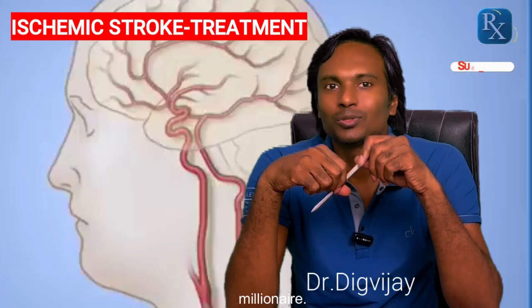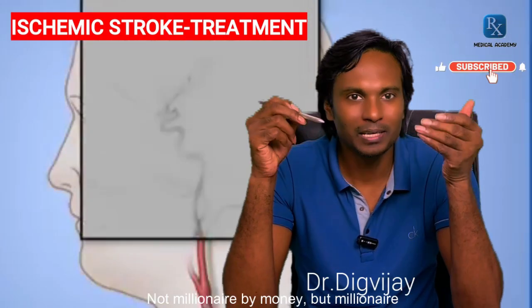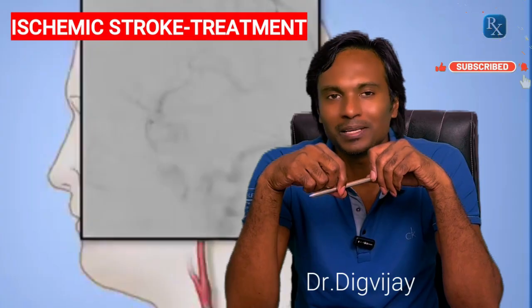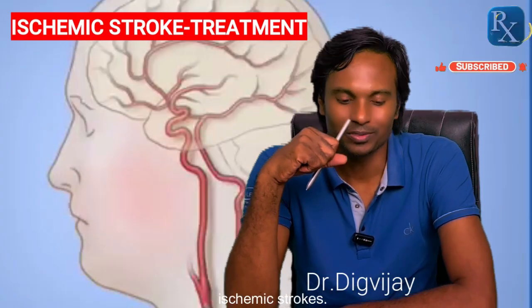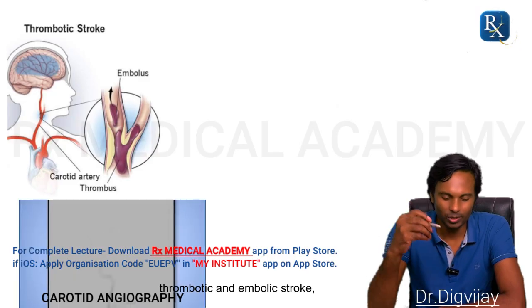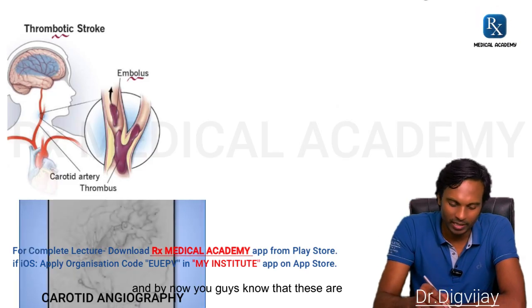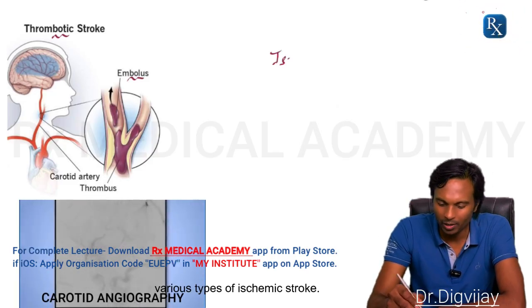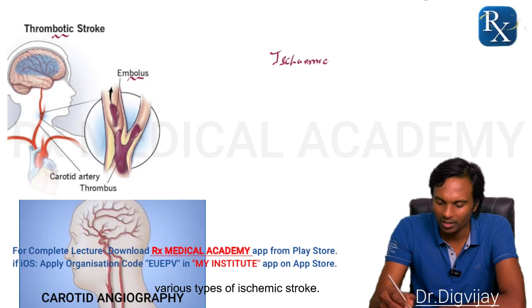Hi guys. So in today's lecture we will try to save a millionaire. Not millionaire by money but millionaire by number of neurons. So we are going to study treatment of ischemic strokes. Right. So here you can appreciate thrombotic and embolic stroke, and by now you guys know that these are various